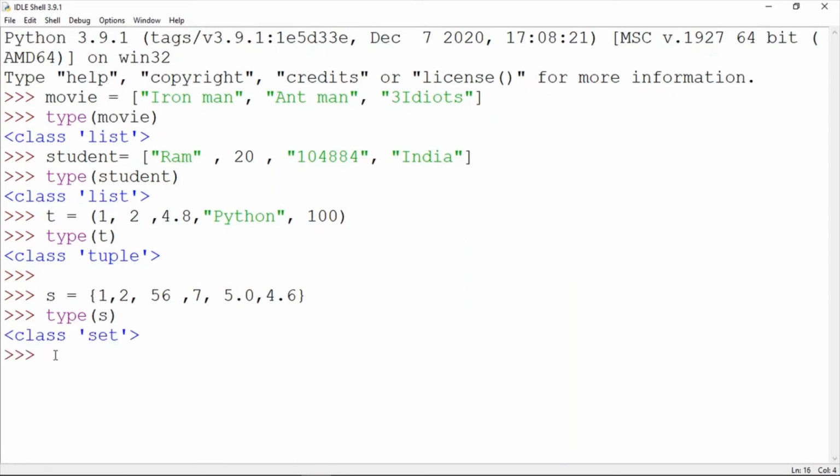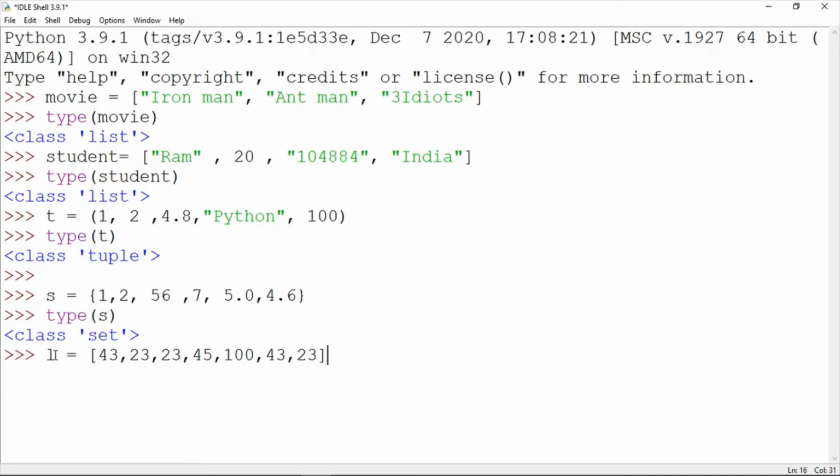Now you can also convert a list into a set. Let's say we have a list that is L, and we have some data in it, like 43, then 23, then again 23, then 45, then 100, and then 43 once again, and then 23.